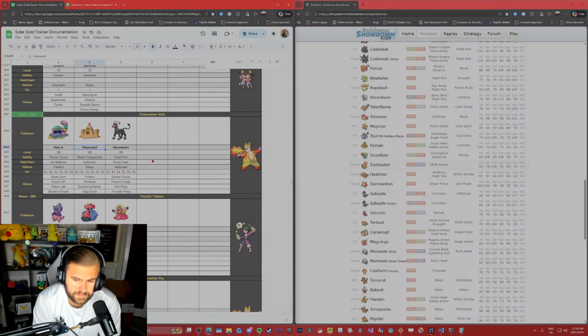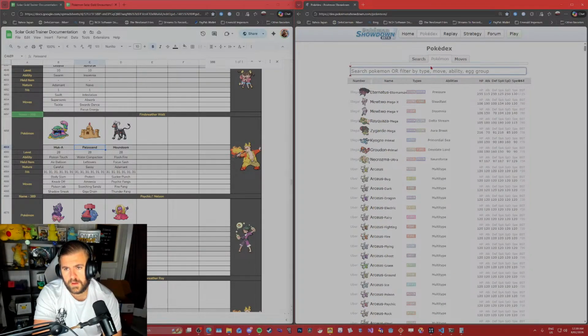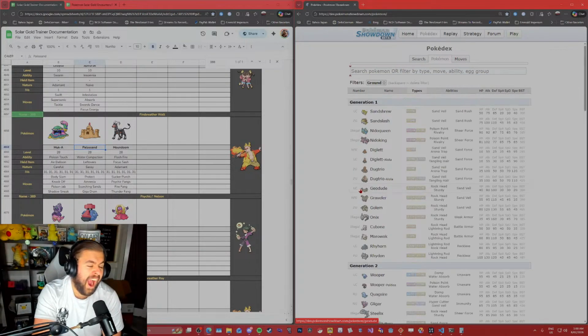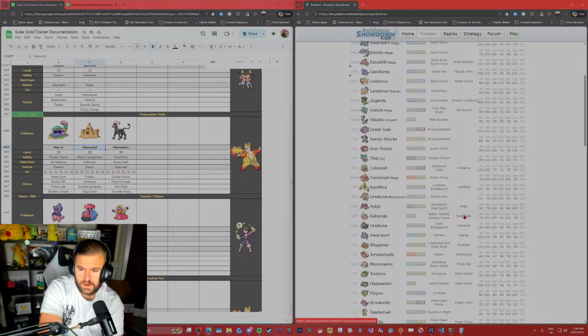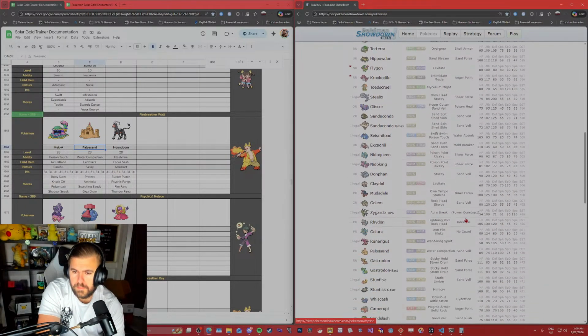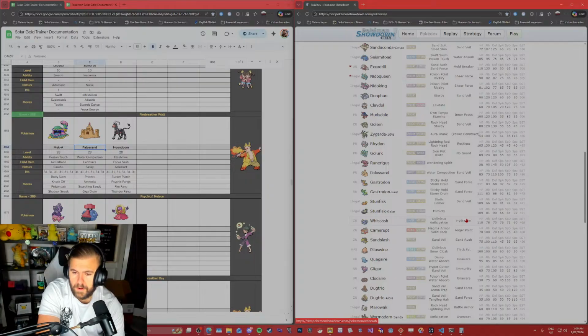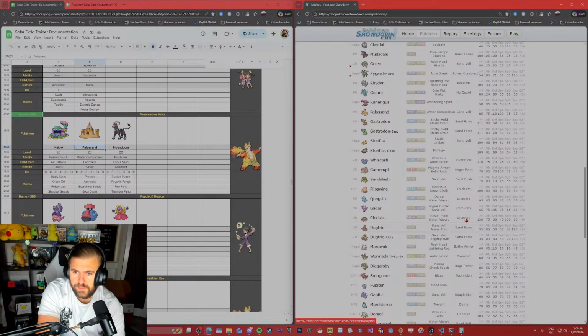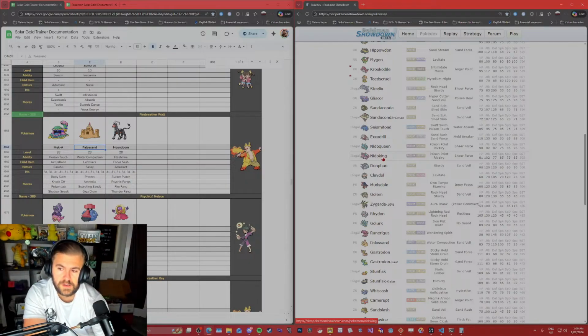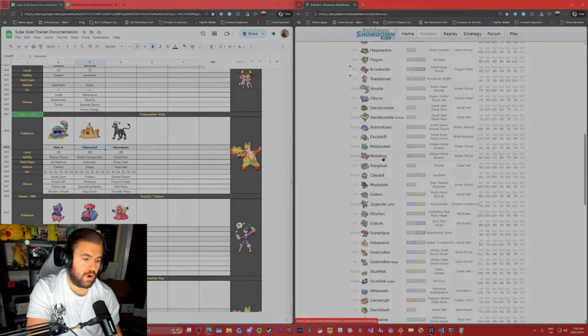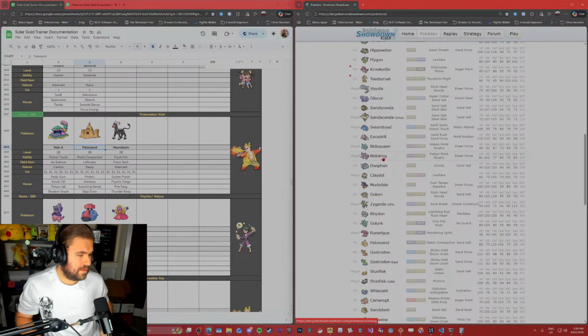What's the level cap, 28? Maybe Nidorina?